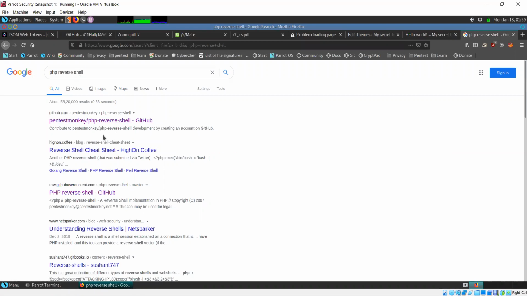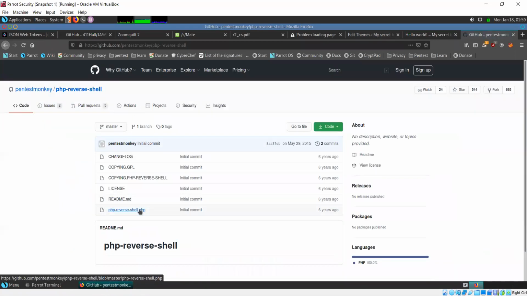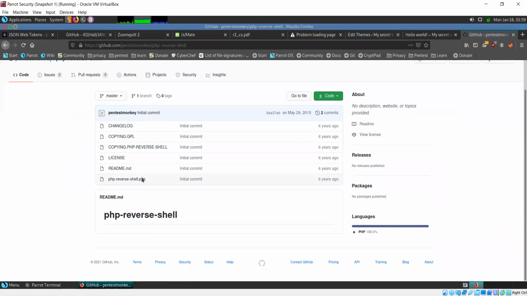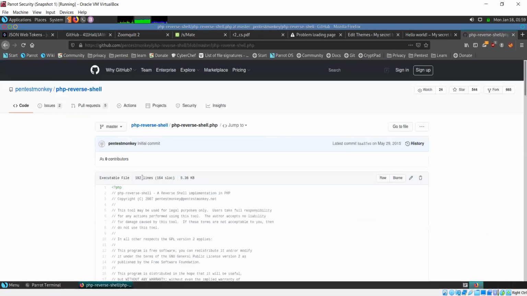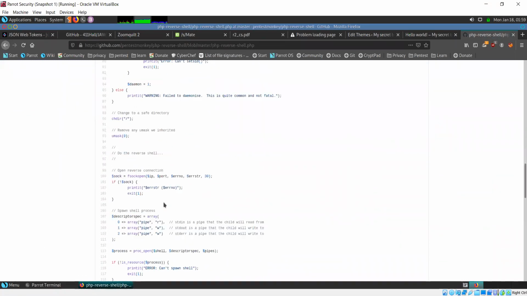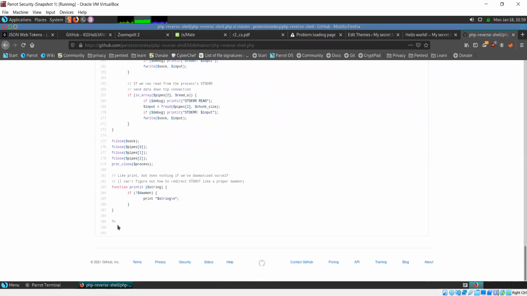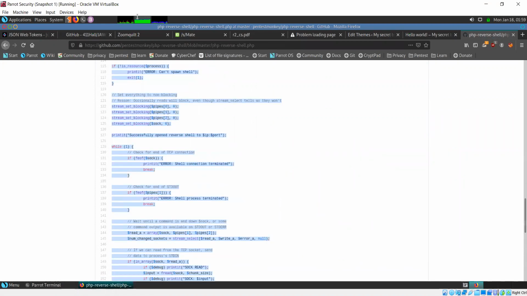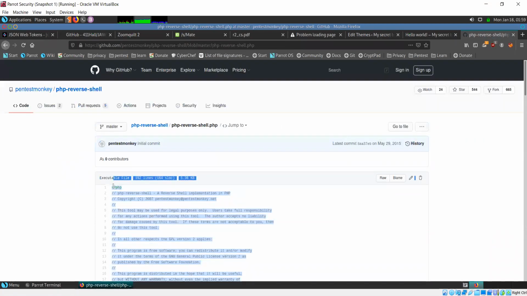And the first one that you see here is Pentest Monkey. These people have written a code for PHP reverse shell, and it works pretty well. It suits our purpose. So this is the PHP code. I'm just going to copy this entire thing. Okay, I'll copy this completely,